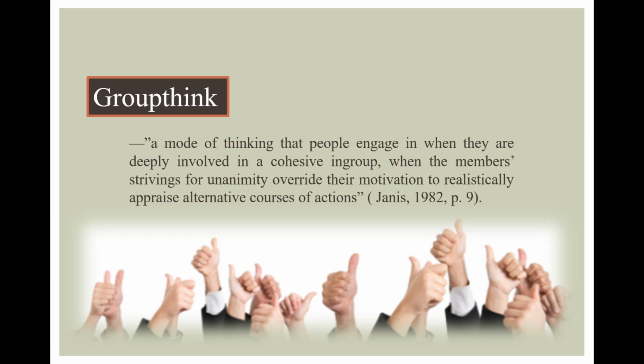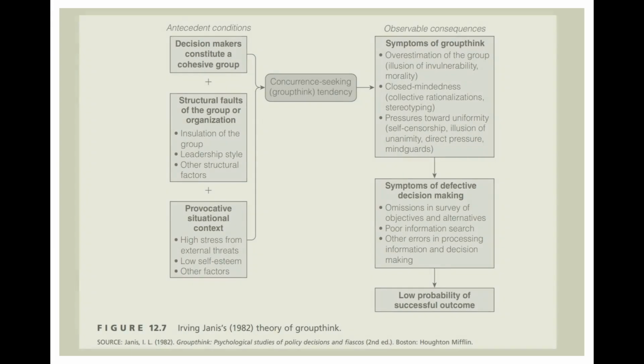This is why Irving Janis got intrigued and did research by searching groups that had errors in judgment and decision making, because he wondered if something more than such common group difficulties as faulty communication and judgmental biases were to blame. From the insights that he gathered about the groups that had failed to make the best decision they could, he came to the conclusion that they had experienced groupthink. During groupthink, members try so hard to agree with one another that they make mistakes and commit errors. To better understand this, here is Irving Janis' theory of groupthink.